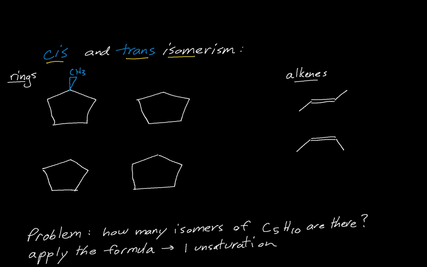So even the end of a line, the end of a wedge, or the end of a hash mark still represents an implied carbon with its hydrogens. So here's another methyl group. These 2 are cis to each other. Technically speaking, this is cis-1,2-dimethylcyclopentane. If I draw them both going back away from us, this is also cis. Now, if you build the models for these, which is highly recommended, and flip this like a pancake,